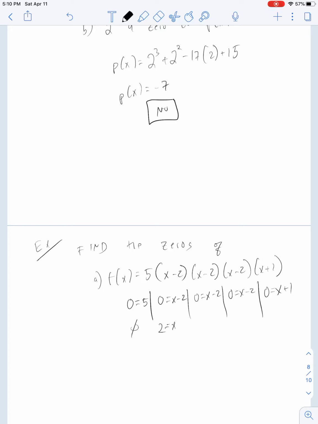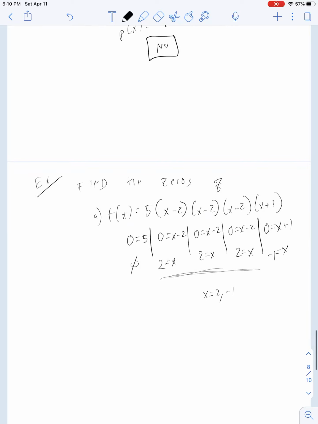And we solve. There we get 2. There we get 2. There we get 2. And there we get -1. All right, these are all the same, so we only show it one time. All right, so our zeros here are